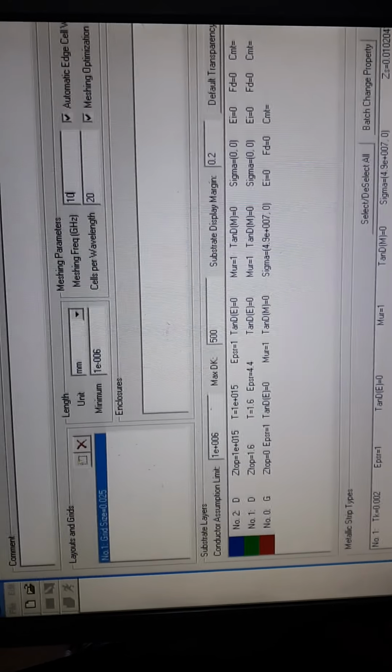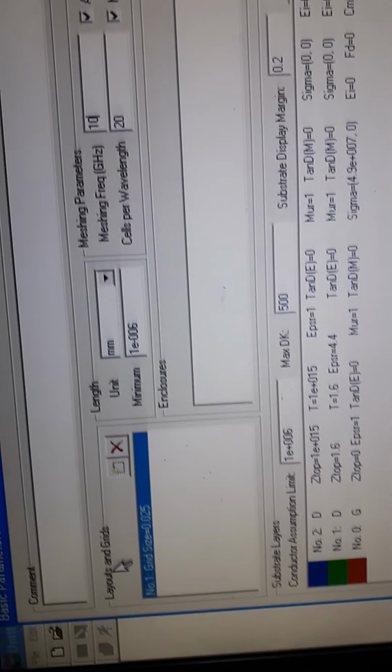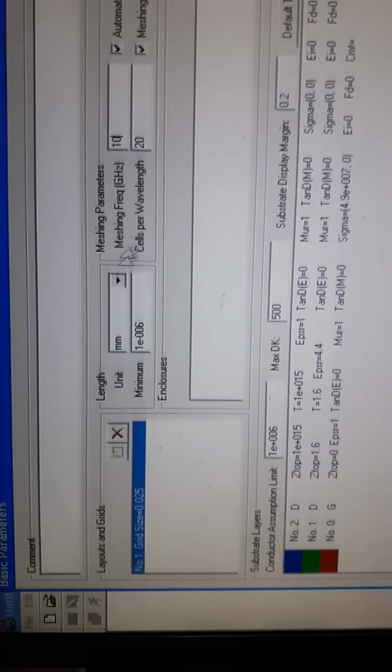Whenever all these three setups are complete, 4 basic parameters have to be changed. First one, the layout and grid. Second one, the unit of your antenna, the unit of width and length of your antenna, millimeter, centimeter, inch, whatever you take, you can change accordingly.